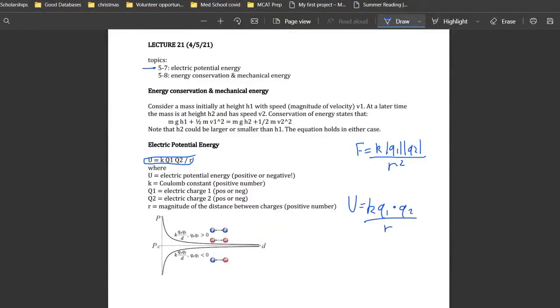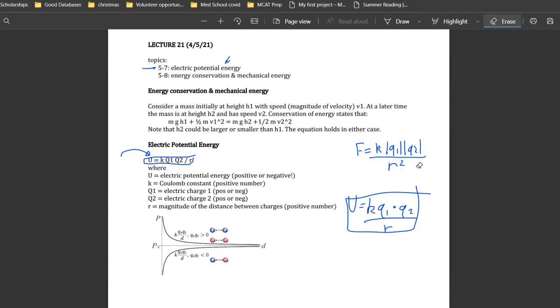Hello everyone, today we are going over concept 5-7, electric potential energy. I just want to start off by analyzing the relevant equation for calculating electric potential energy, which I've just written out over here. And I want to compare it to the force